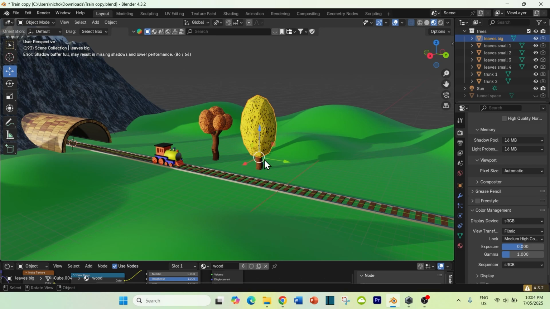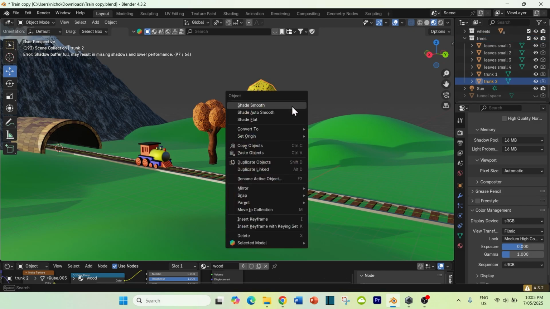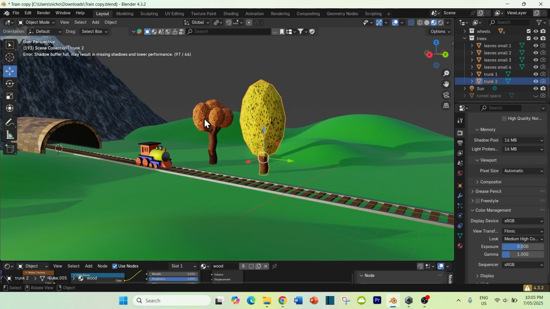After you've created your trees and added some color, you can then join the leaves to the trunk to create one object. So click on the leaves, click on the trunk. I've just shift clicked to select them both, and then hit Control J. That will join them together, or alternatively you can right click and it will bring up the option to join as well. So now that I've got those two joined together, I'm going to rename it